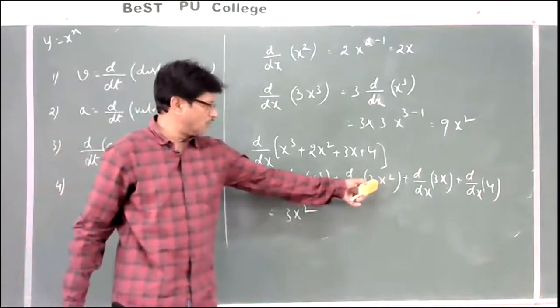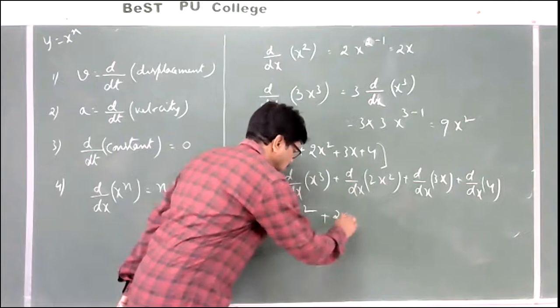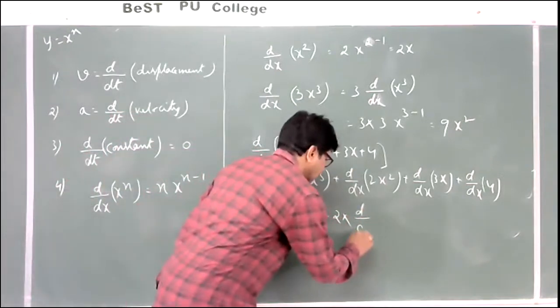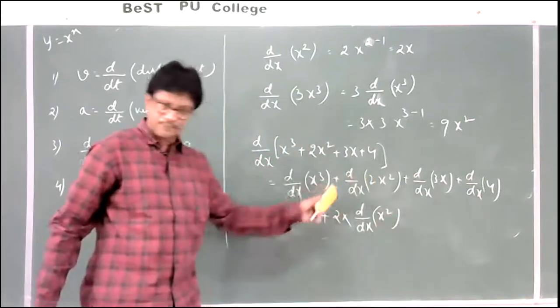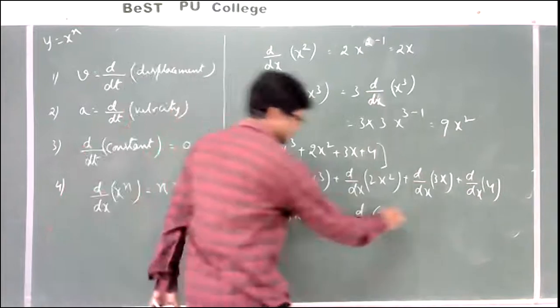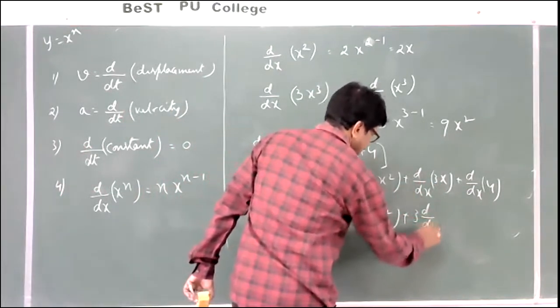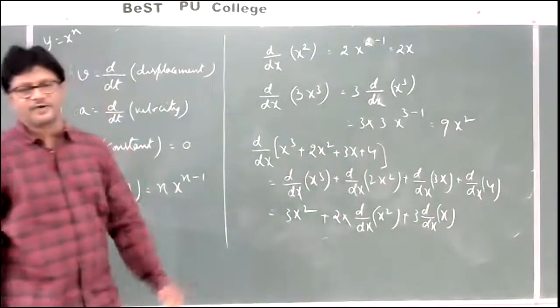Next ಈ 2 ಹೊರಗೆ ತಗೋಬೇಕಲ್ಲ, ಪ್ಲಸ್ 2 into d by dx of x square. ಈ 2 ಹೊರಗೆ ತಂದಿನಿ, ಪ್ಲಸ್ here I am bringing 3 out of the differentiation because it is a coefficient. d by dx of x